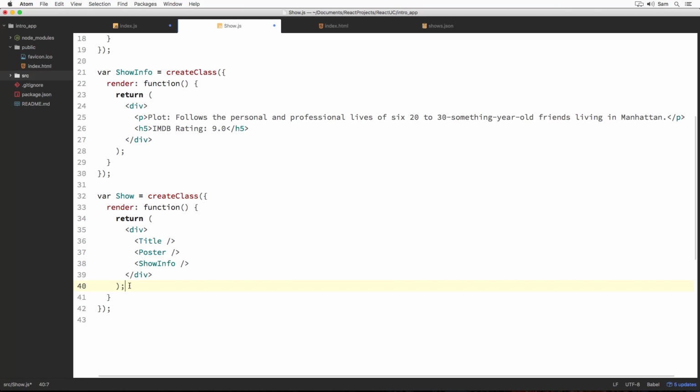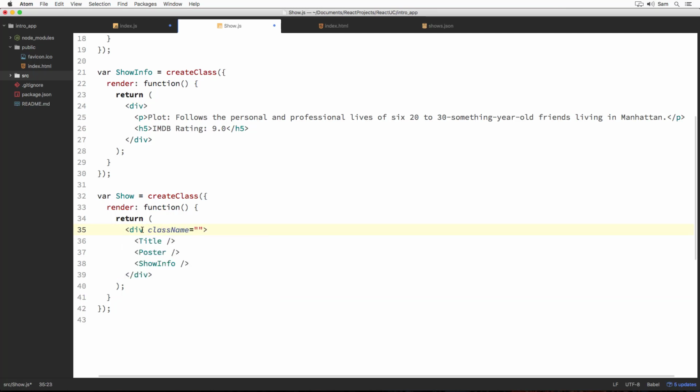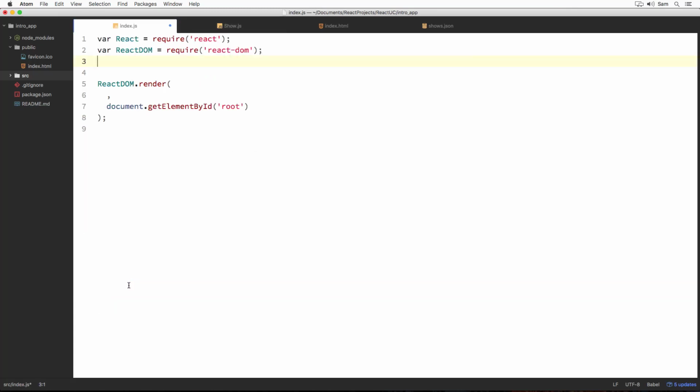Now that we have got Bootstrap in our app, let's center the content on the web page using it. For that, we can use its text-center class. Since class is already a keyword in JavaScript, we call it className in React. So let's define the className property on the div tag and assign it to the Bootstrap class text-center. Now inside index.js, since we have everything inside the show component, we want it to get rendered to the web page. So provide a React element of our show component to the render method's first argument.